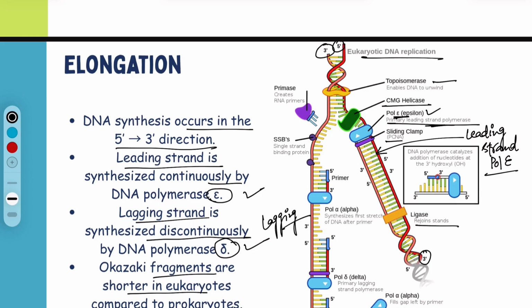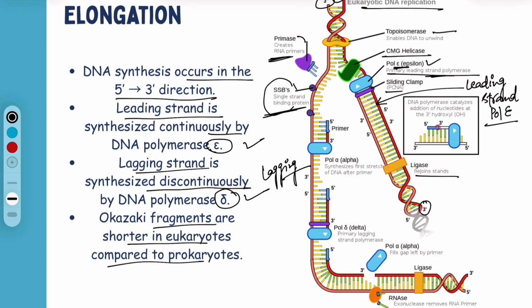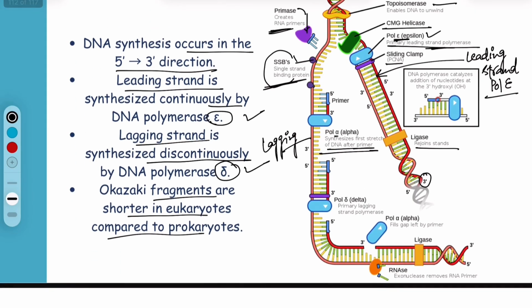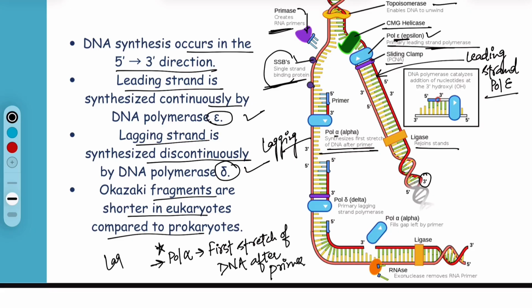Okazaki fragments are shorter in eukaryotes compared to prokaryotes. Here you can see SSB proteins are needed to stabilize the unwound, single-stranded DNA, because it is unwound now and it needs stability. So Pol alpha is the first responsible to make the first stretch of DNA after primer addition. Pol alpha works at the lagging strand and makes the first strand of DNA after primer addition, while Pol